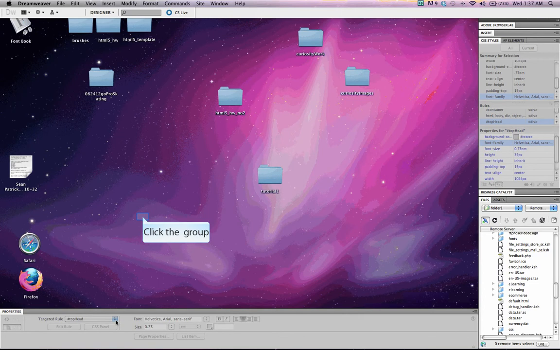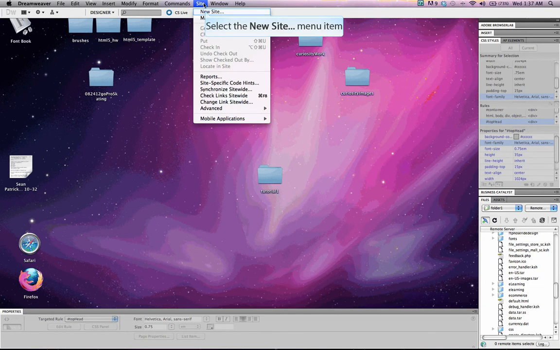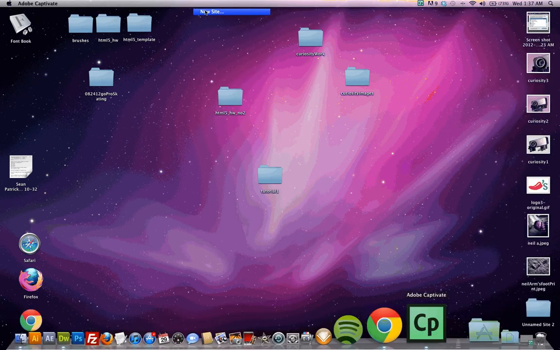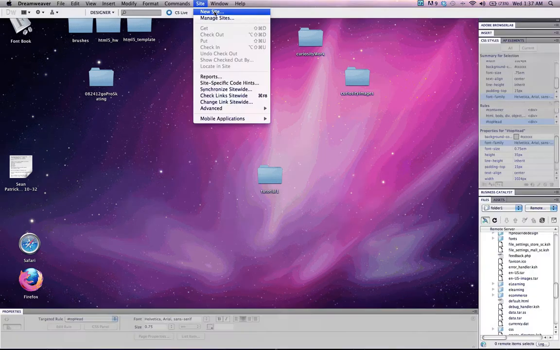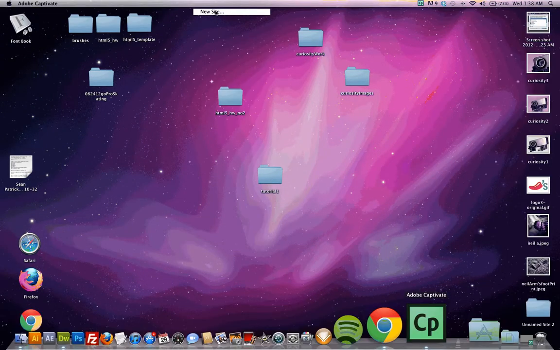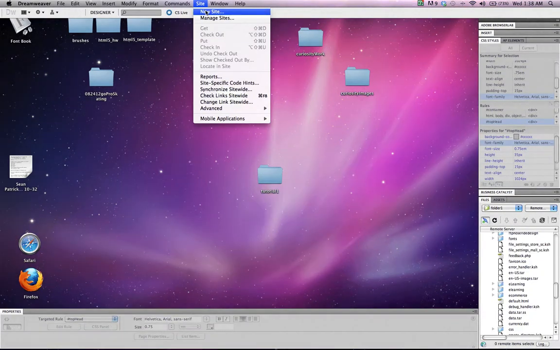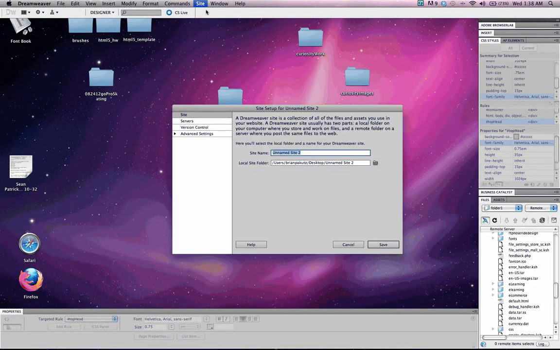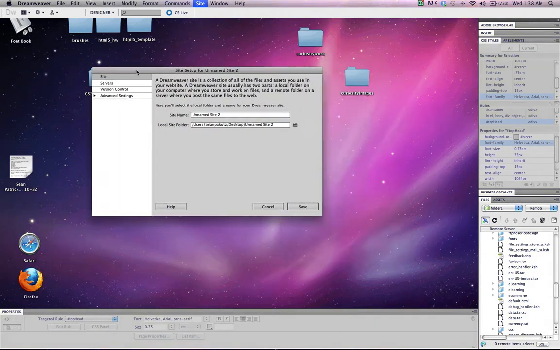Actually, we're going to skip the folder part and we're going to go back to Dreamweaver, and you're going to go up to the top taskbar here and click on Site, and then in the drop down menu click on New Site. Okay, here we go. We're going to give the site name